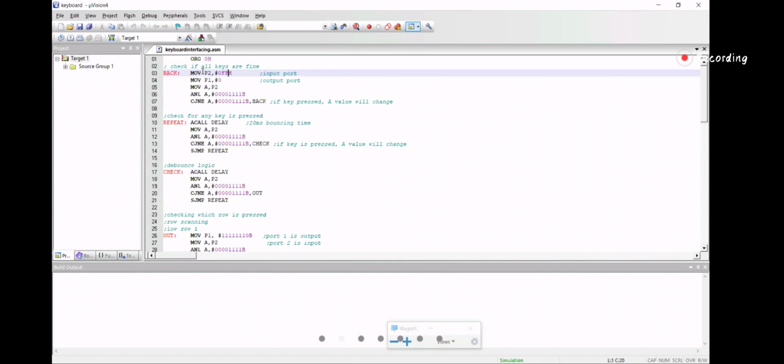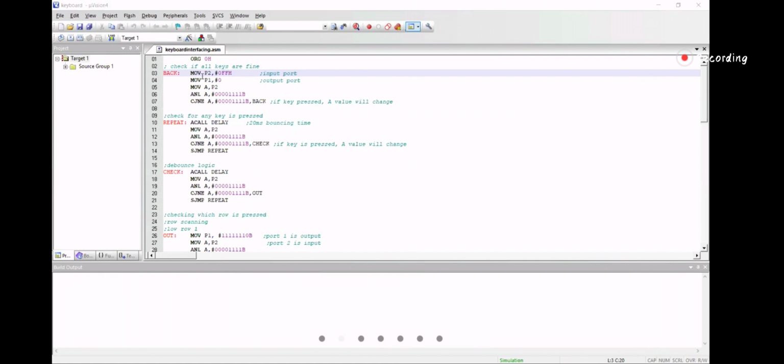I'll make port 2 all 1s because of the first step. That was our first step, right?